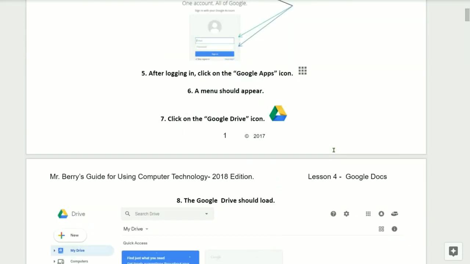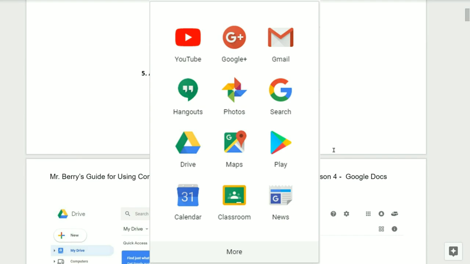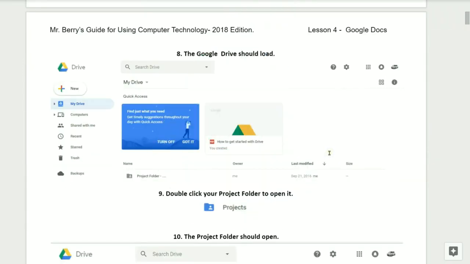Number 5, after logging in, click on the Google Apps icon. Number 6, a menu should appear. Number 7, you'll need to click on the Google Drive icon.